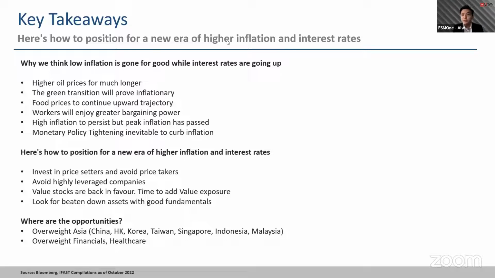The next question is an interesting one. What time frame do you believe China and Hong Kong stock markets will recover? Within 6 months or 2 years? So we think that